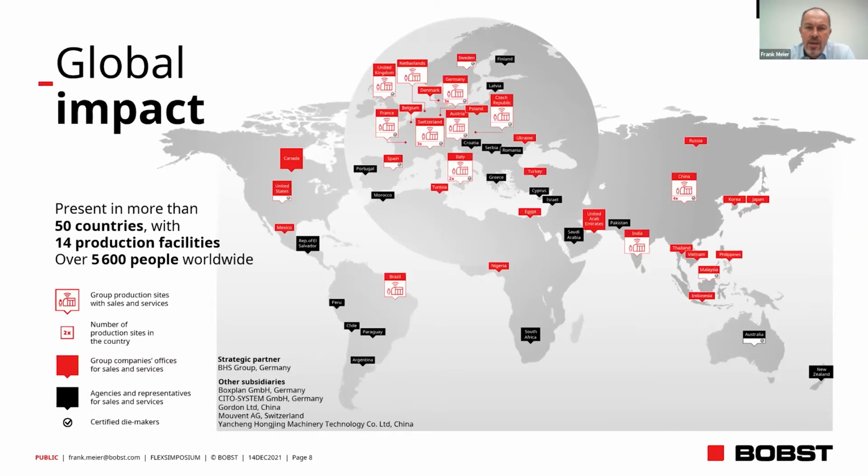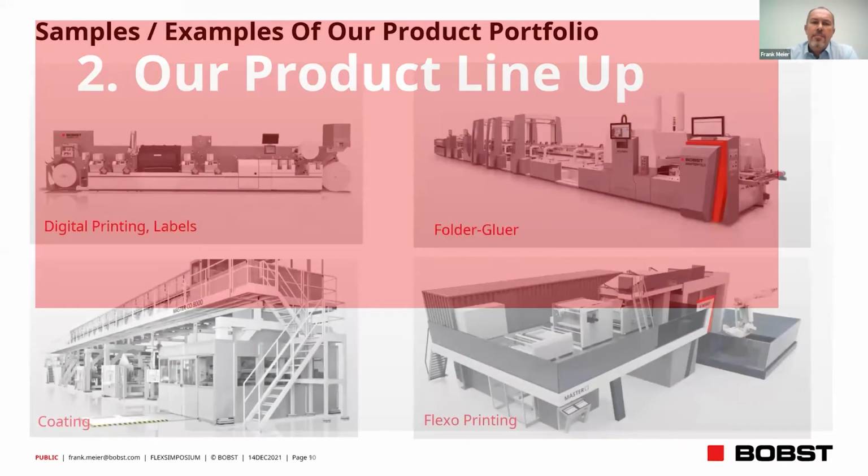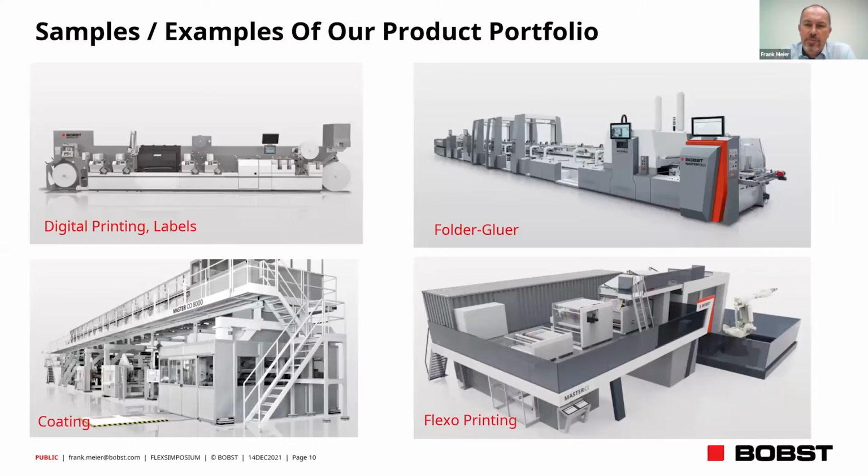And to get a better understanding of the shape of the products and the diversity of our products, for better understanding the nature of the simulation, what we want to simulate, I added some pictures. The machines are very different. The processes of the machines can be quite different. You have, for example, here a machine that is used for digital printing, for printing of labels. In terms of size, imagine that it could pretty much fit on a truck or on a sea container. On the other hand, you have